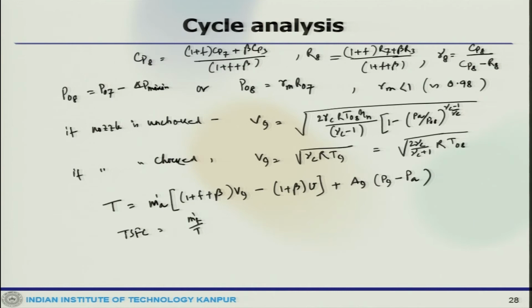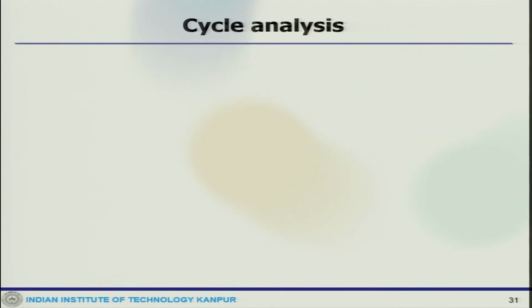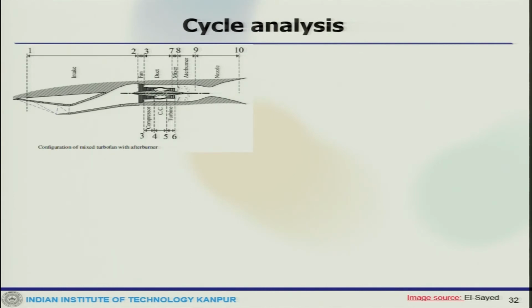Now, another one could be the same engine with an afterburner. So, this is another engine, a mixed turbofan with afterburner. Military aircraft are powered by low bypass ratio turbofans fitted with afterburners, because that is one of the important conditions for military application, where you need certain acceleration, maneuvering and all such things. If you look at this diagram, starting from the intake, this is a fan, then the fan duct, and you have the core of the engine with compressor, combustor, turbine, then there is a mixing, and after mixing there is an afterburner before the flow passes through the